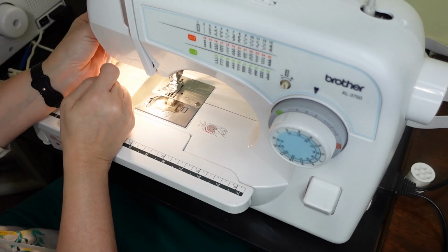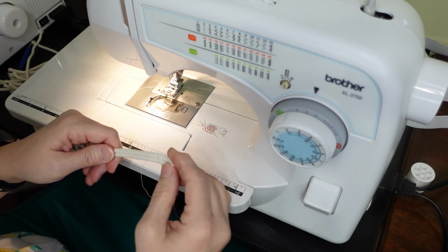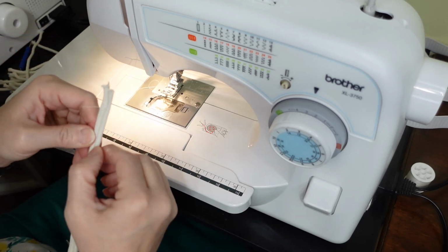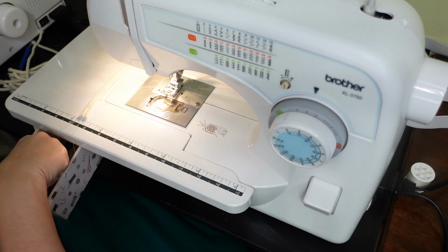I'm going to cut that end, but I'll leave the other end. I think I do cut this end. I don't remember. When I get going, I just leave it and pull it out. But that's what it looks like. And then once you get that done, you're going to take another one,